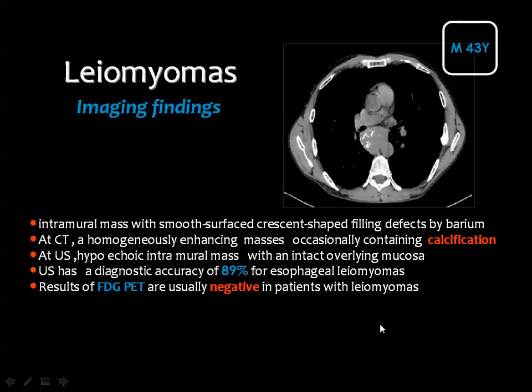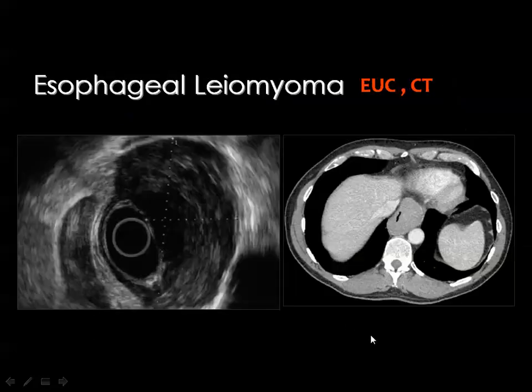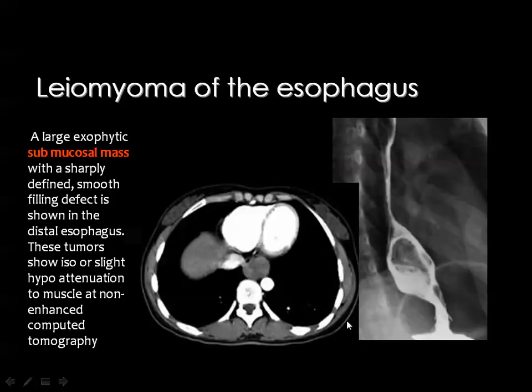As you all know, these tumors usually show negative results by PET scan, since they have low metabolic activity. By endoscopic ultrasound and by CT, one of the helpful diagnostic criteria is to see the tumor in the wall of the esophagus with compressed eccentric esophageal lumen, sometimes containing air or some of the orally administered contrast